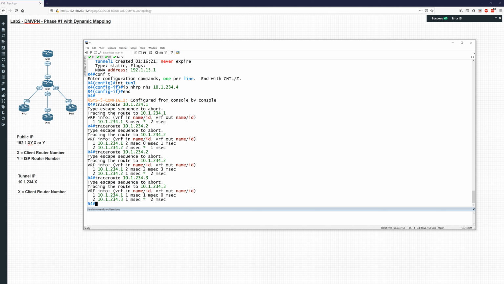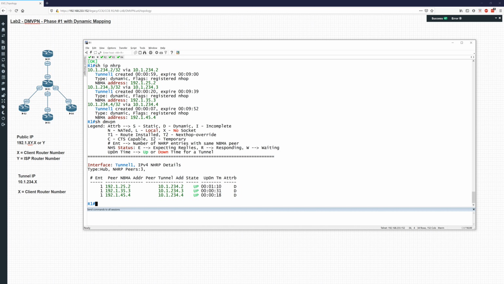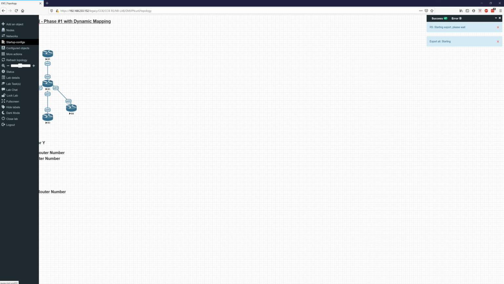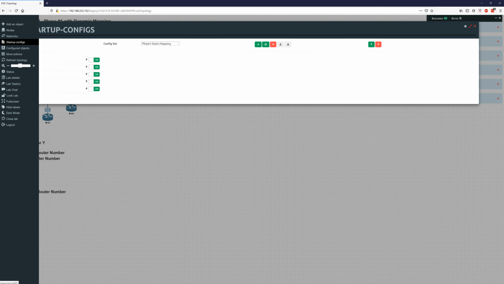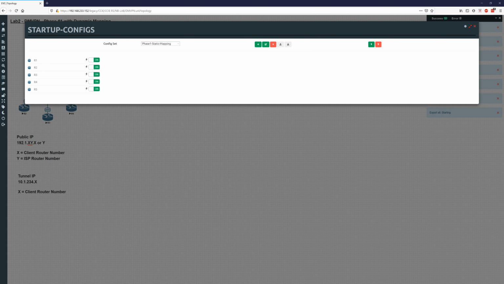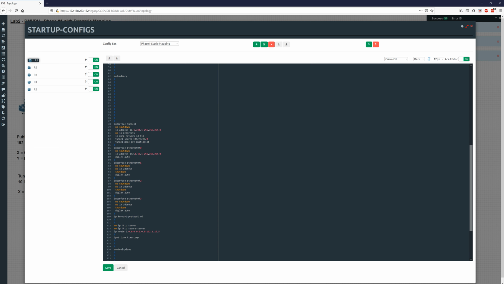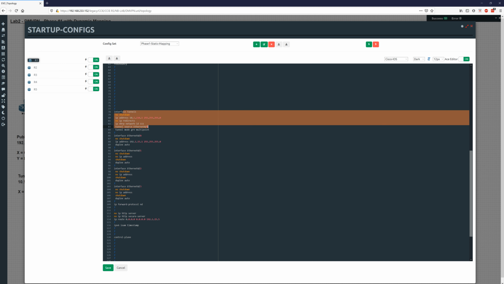So this is our lab 2. This is a very simple basic lab in which we have phase 1 with dynamic mapping, and we know what dynamic mapping is and what the difference between them is. So I'm going to export this one, just to show you guys that now if you look at the startup config, once it's done exporting, it's all done. So if I look at phase 1, and router 1 is the one where we have the basic change, if you look at the tunnel interface,